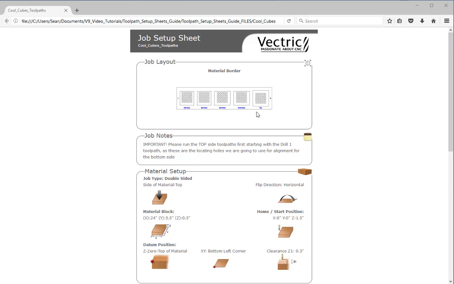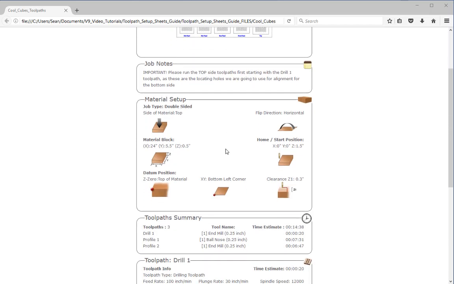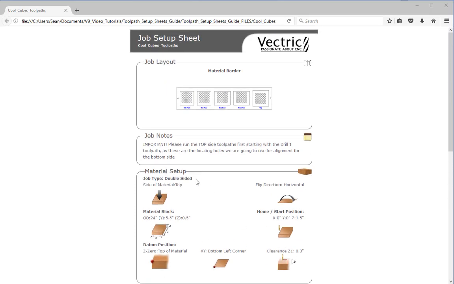Now in this next section, I'm going to show you how you can customize your very own job sheet. So you can change the name from job setup sheet to a name of your choosing. You can even change the Vectric logo to your own business logo, and you can choose which sections of the job sheet you want to include. So how do we do this? Well, if we go back into the software